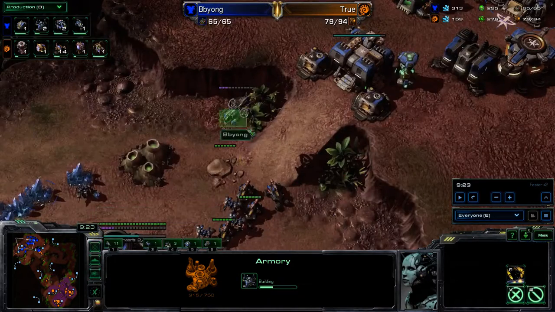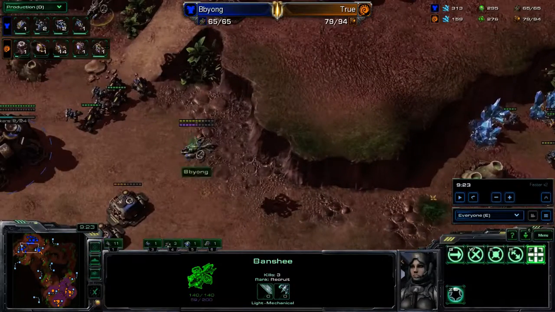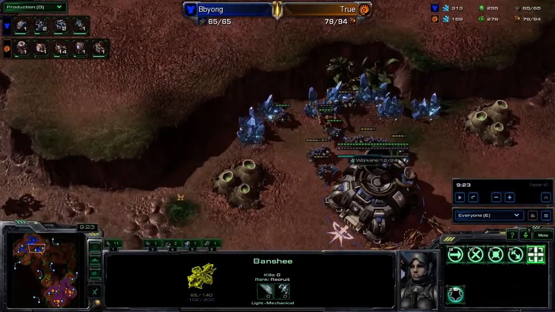He's going to be relying on his Banshees a lot to deal with a lot of the counterattacks that are going to be coming up. Notice that he's not being very aggressive about killing drones with that because he knows these need to be more of a defensive unit. So I'd be just a little bit careful, but once the third base gets mining